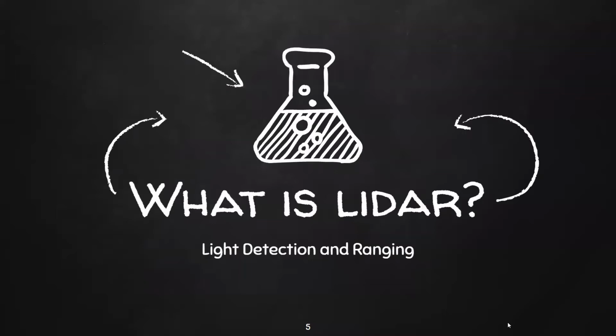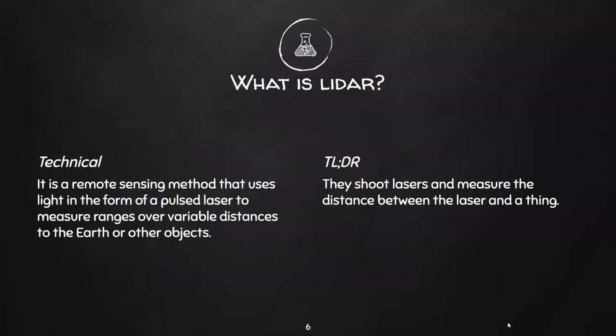So first one, what is Lidar? Lidar is an acronym similar to sonar and radar and scuba and all the rest. It stands for light detection and ranging. So what does that actually mean? The technical explanation is that it is a remote sensing method that uses light in the form of a pulsed laser to measure ranges over variable distances to the Earth or other objects. In other words, they shoot lasers and measure the distance between the laser and a thing. That could be the ground,